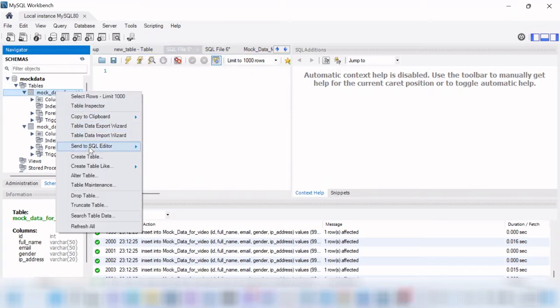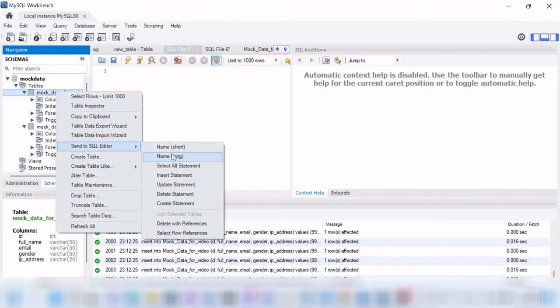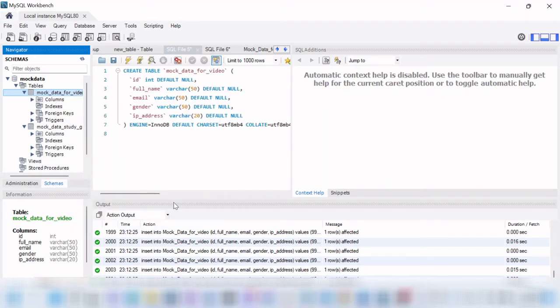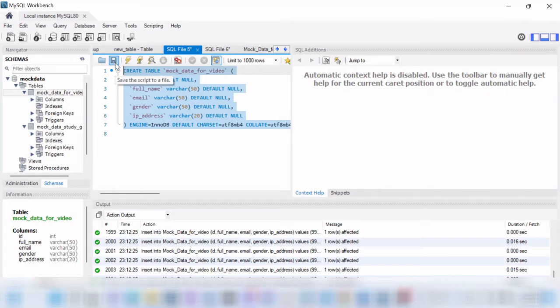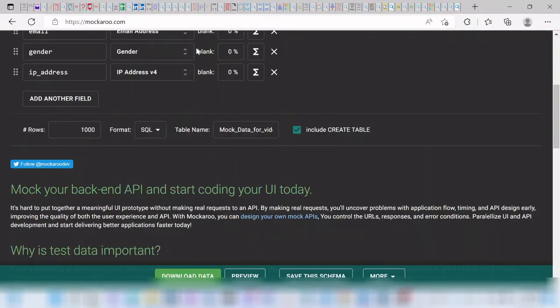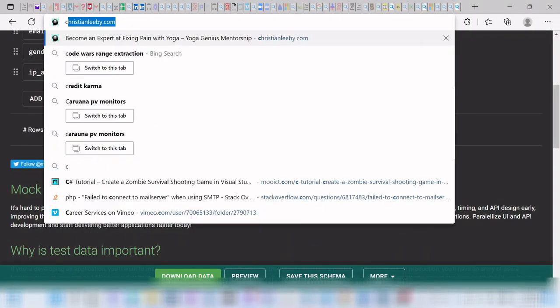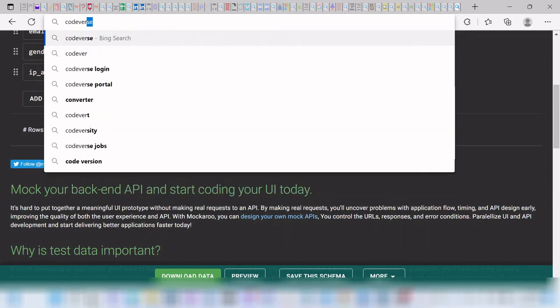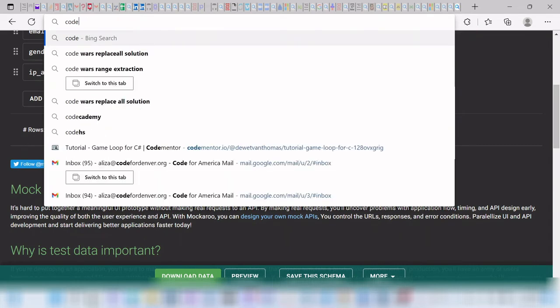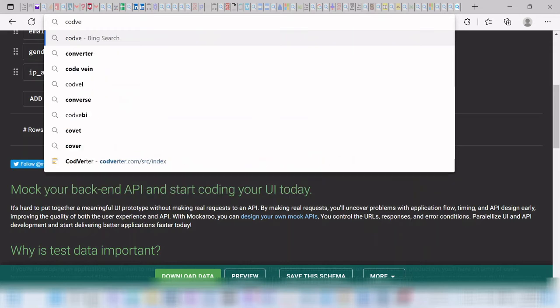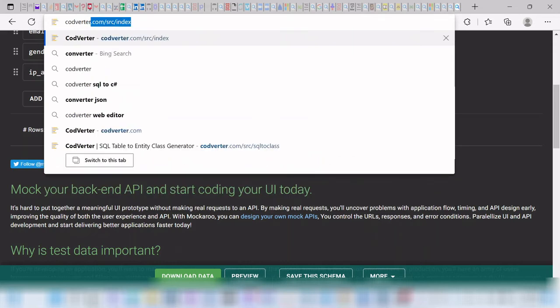I right click, I go to send to SQL editor, and then I do create statement. And this create table right here is going straight into codeverter.com. So I copy it, I go to codeverter, sorry, it doesn't have an E, codeverter.com,